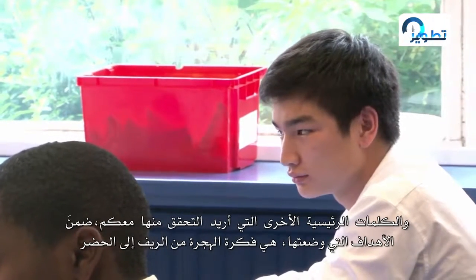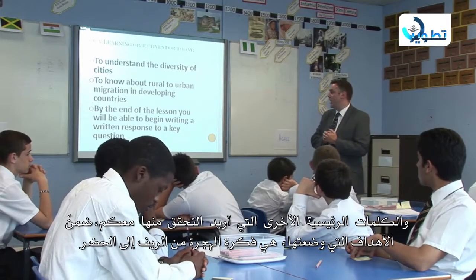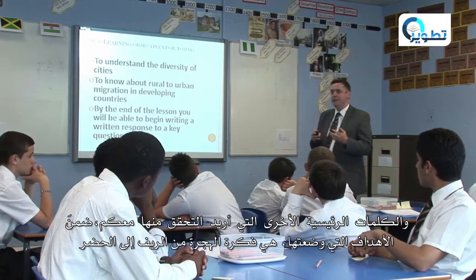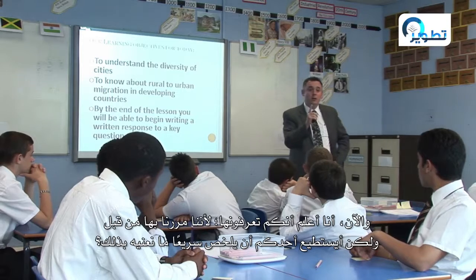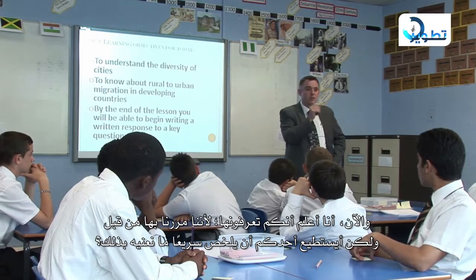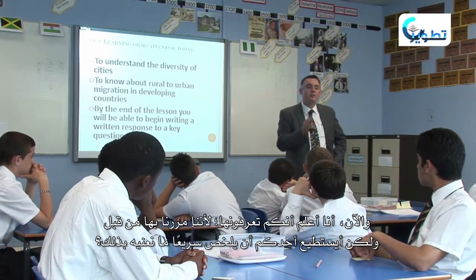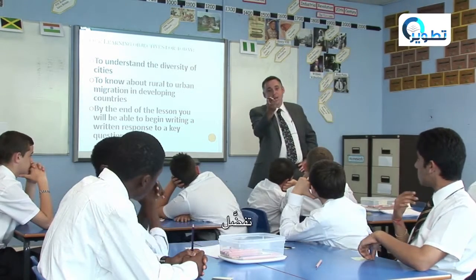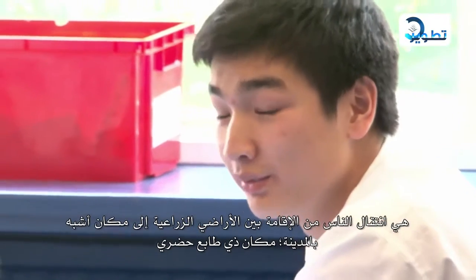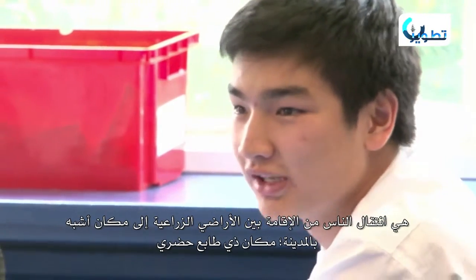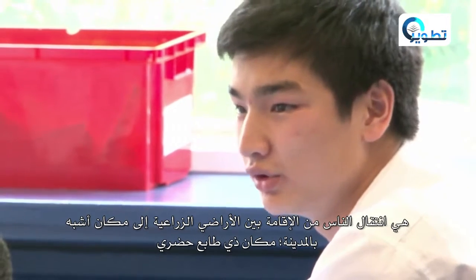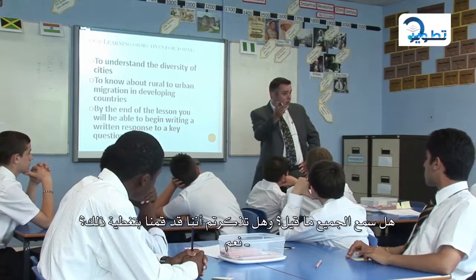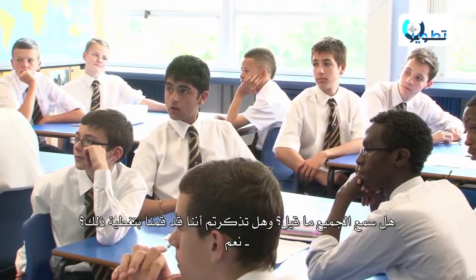The other keywords I wanted to check with you in my lesson objectives is this idea of rural to urban migration. Now I know that you know this because we've done it before, but can someone just sum up very quickly, what do we mean by this? Is it the net movement of people from an area of agricultural land to an area of like city, a more urban area? Yes, it is. Thank you. Did everyone hear that? And does everyone remember us covering that